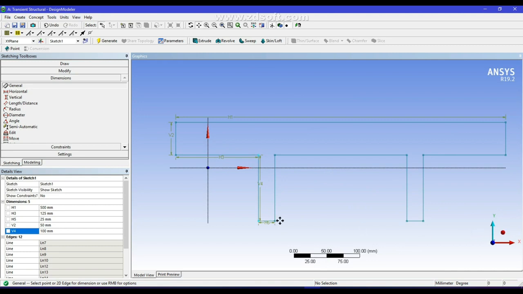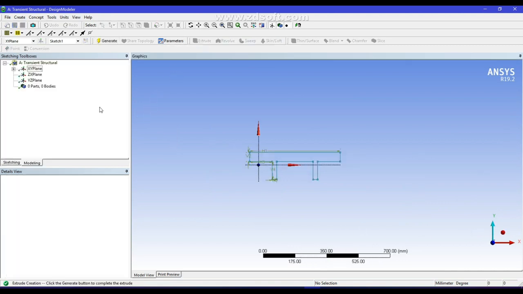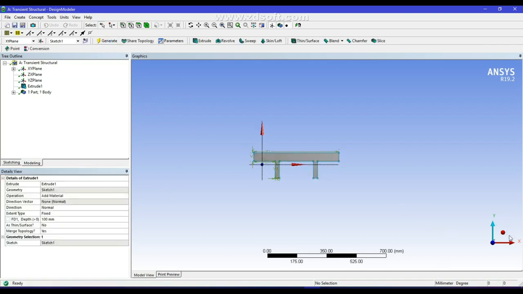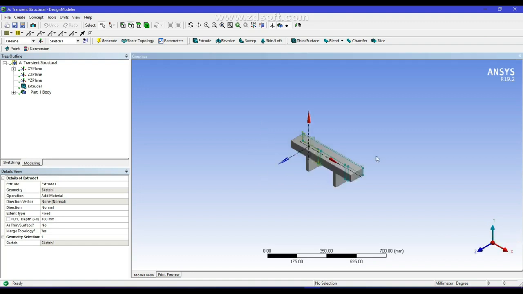Once we create this sketch, let us generate it, and then let us extrude this 100 millimeters. Then if you generate this, you will get our sketch. So this is our